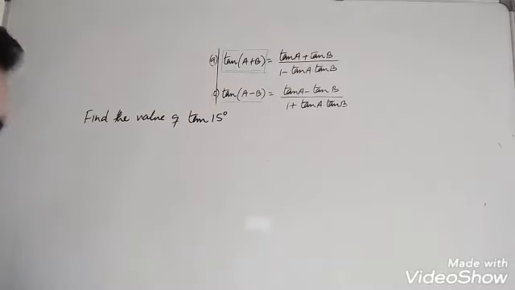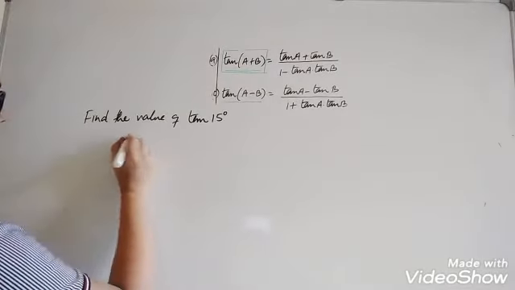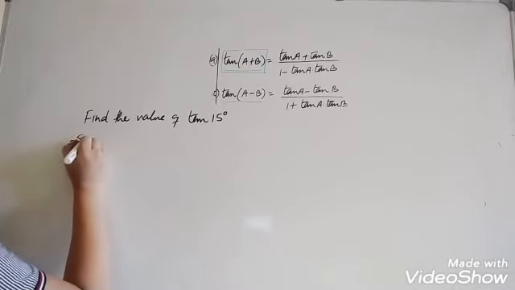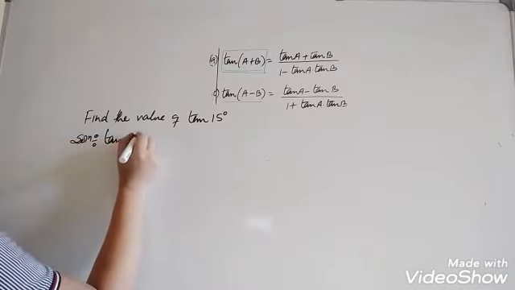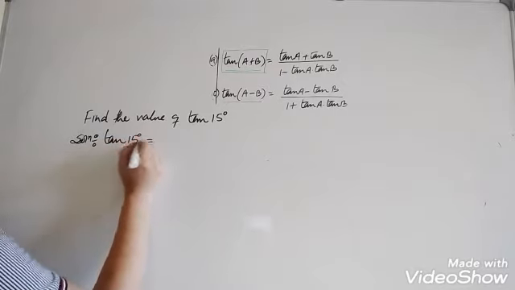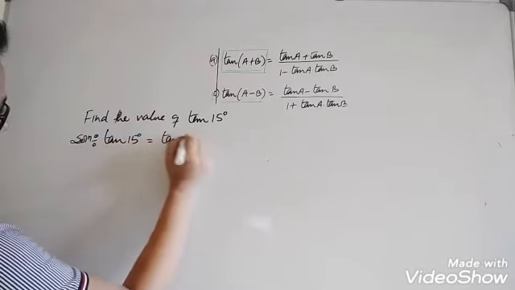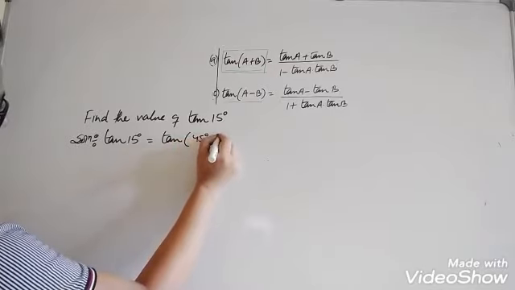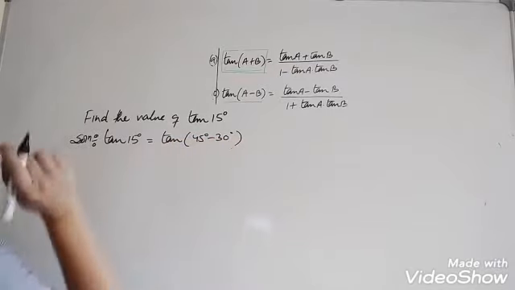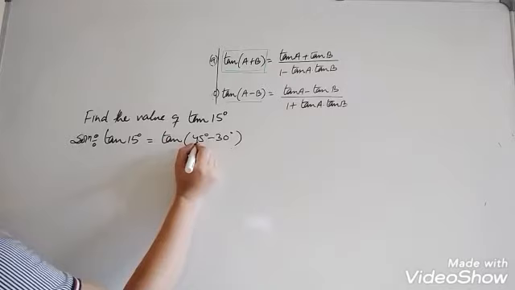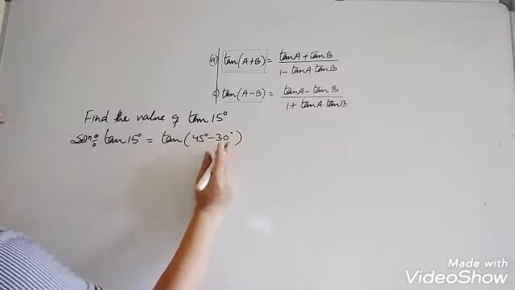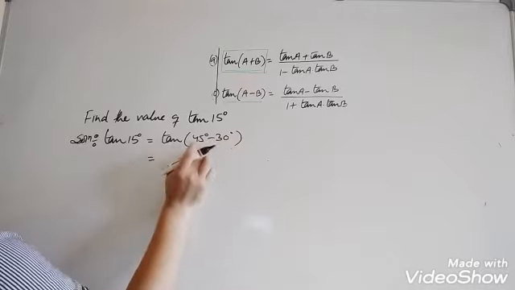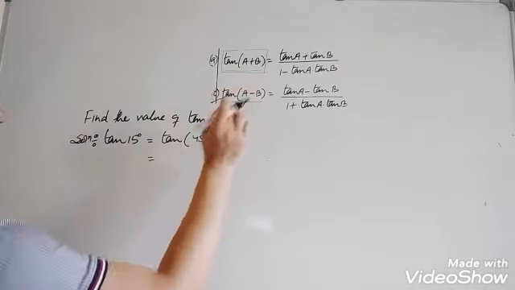Specific angles in solution, tan 15 degree. 15 degree, how will you get 15 degree? Tan of 45 degree minus 30 degree, we get 15 degree. So these are specific angles. 45 degree has values, 30 degree has values. So tan(a - b), this is the second case, tan(a - b).